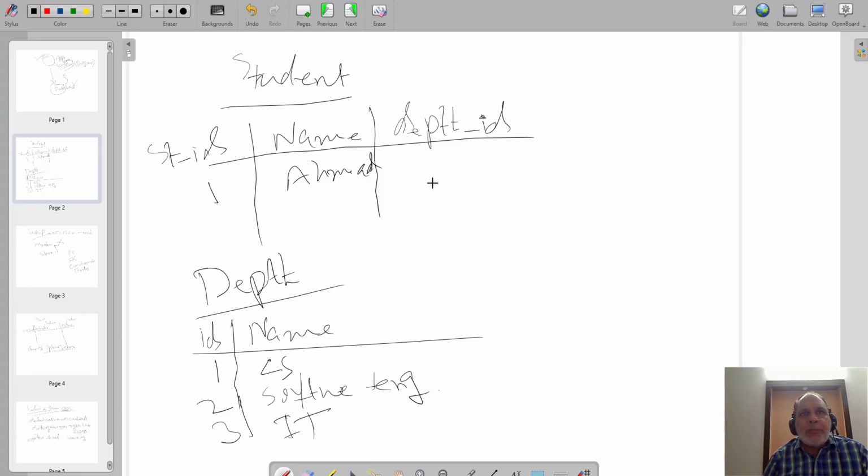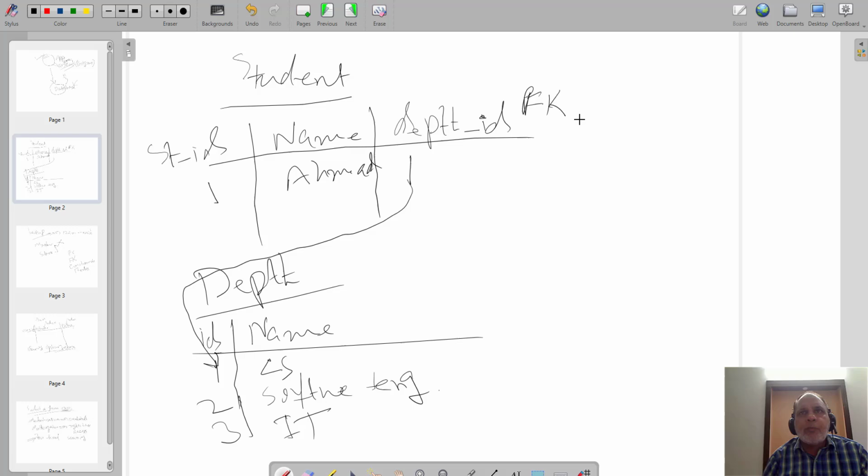So Ahmed, for example, belongs to department 1. So 1 basically refers to this record, right? So basically it is used as a foreign key here,